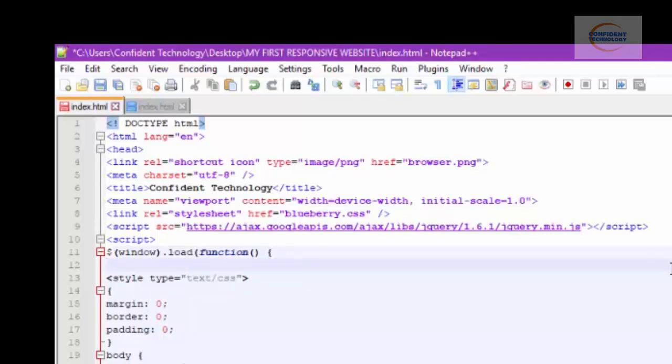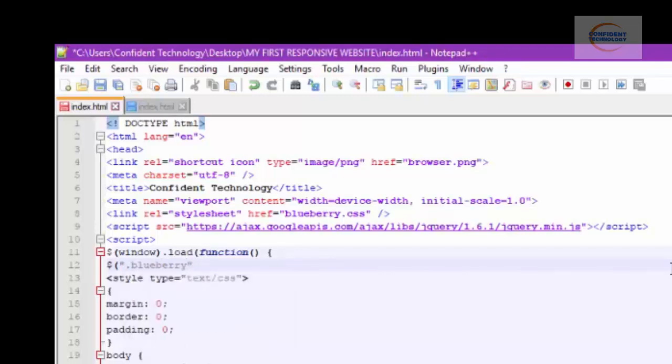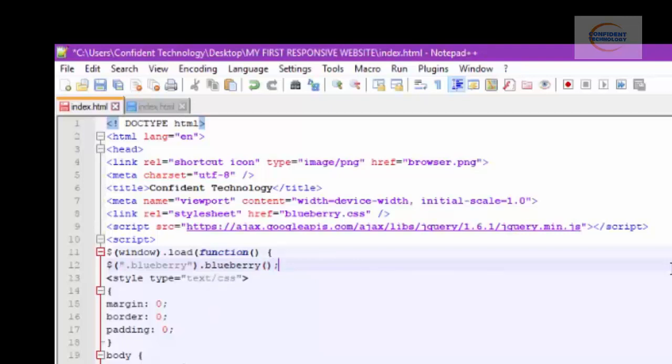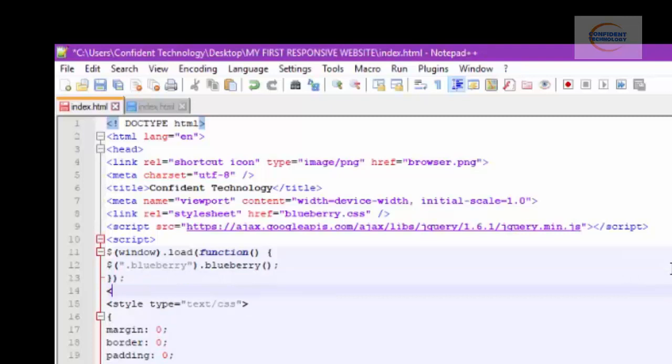we start with $ again. It says parenthesis open, quotation dot blueberry, quotation closes, parenthesis closes, we say dot blueberry again, parenthesis open and closes, semicolon, enter, braces close, parenthesis close, semicolon, enter, slash script